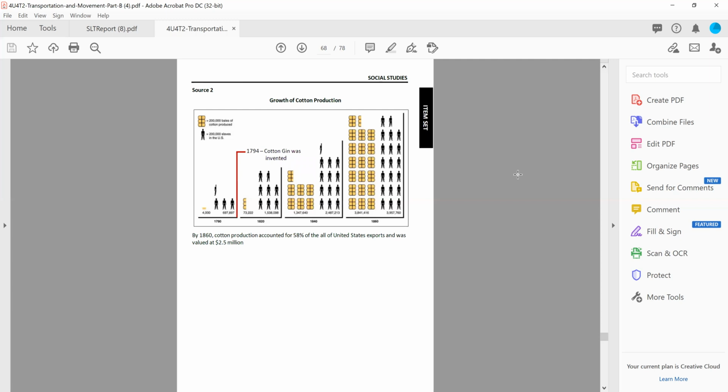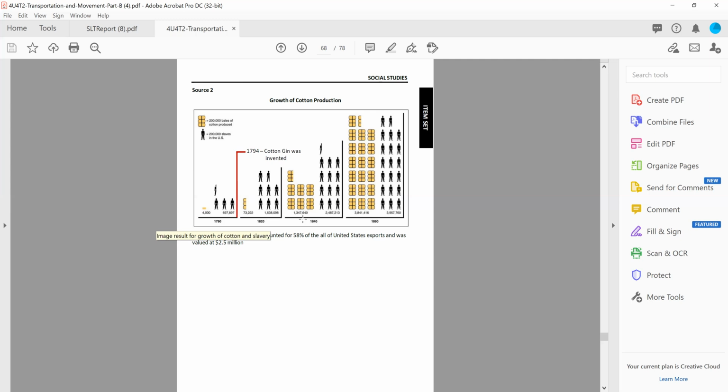Source 2, growth of cotton production. 1790, 4,000 bales of cotton produced, and 697,897 enslaved persons in the United States. In other words, a bit over 500,000 enslaved persons in the United States. 1820, with 1794 being when the cotton gin was invented. So about 26 years later, 73,000 bales of cotton were produced, and 1.5 million enslaved persons were in the United